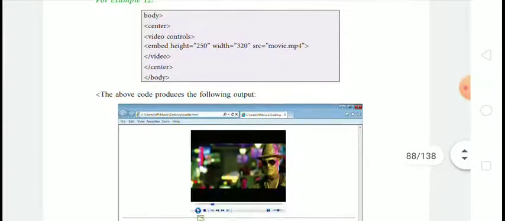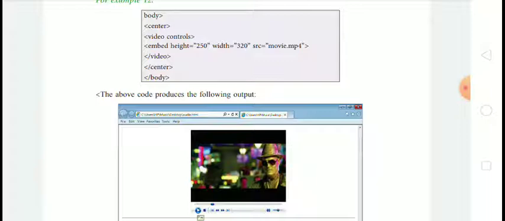Example is body, center, then video controls, then embed height equal to 250 and width equal to 320, then src equal to movie.mp4, then close the video, then close the center and close the body tag.